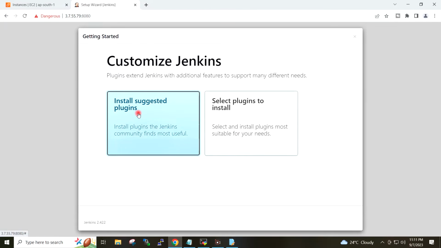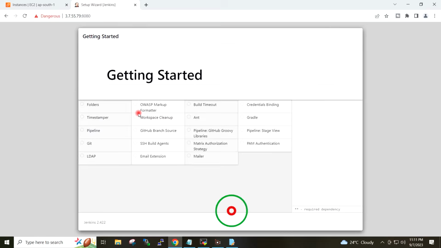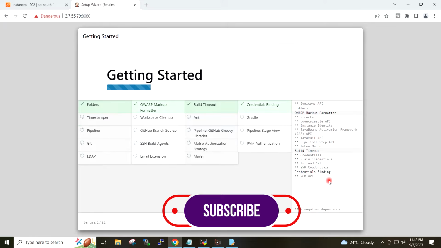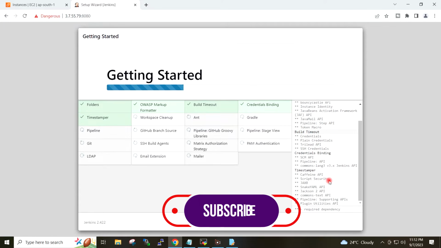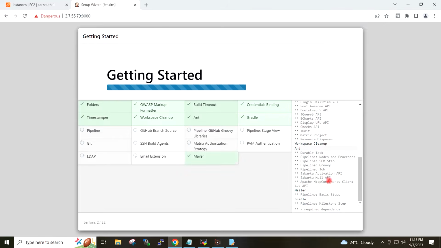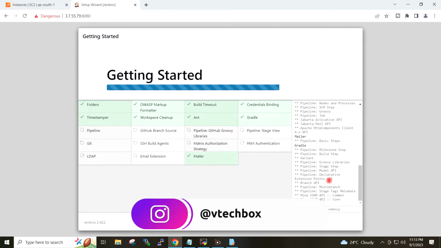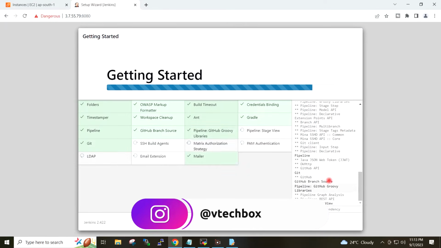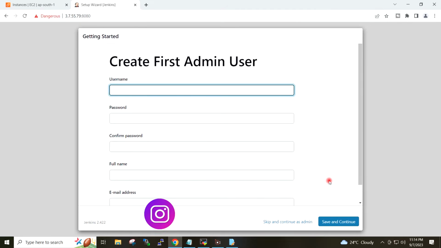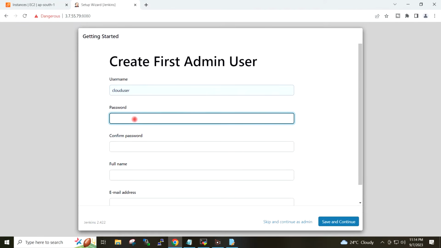Install suggested plugins. I will give the username cloud user. I will set the password.